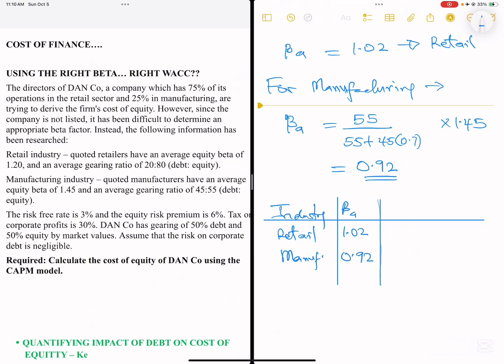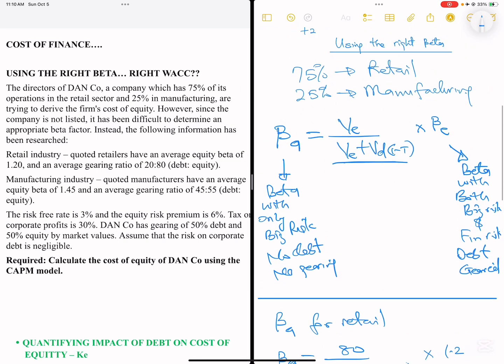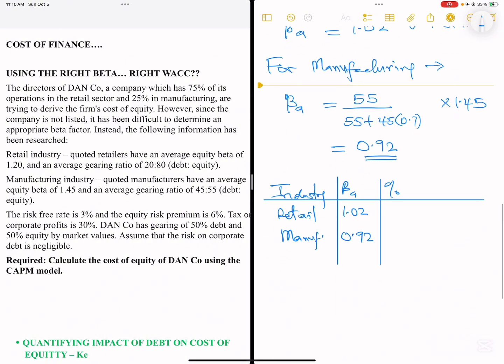And since the company that we're talking about, Danco, does not exist 100% in each of them, this company exists at 75% in retail, as you can see here, and 25% in manufacturing. So the asset beta for our company will be the proportion of that. So it's going to be 0.75 times 1.02,